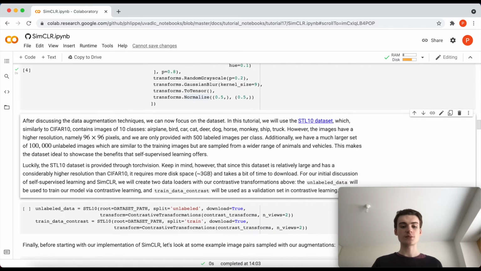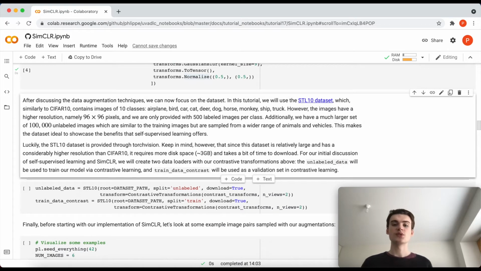These are the transformations, the data augmentations, that we apply, and we apply them to a dataset called STL10. STL10 has a larger image resolution than CIFAR10. The images are 96 by 96 instead of 32 by 32 pixels. But it again has 10 classes, though we have a very different data distribution. Namely, we have only 5,000 images labeled per class. However, to help us, we also have a dataset of 100,000 unlabeled images